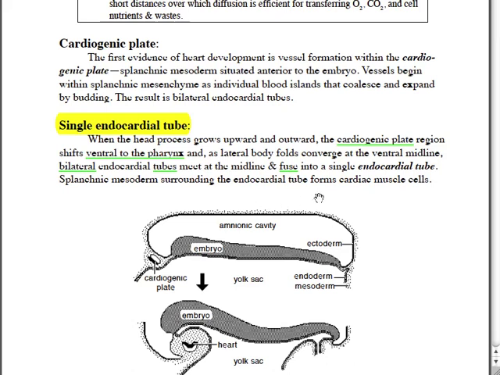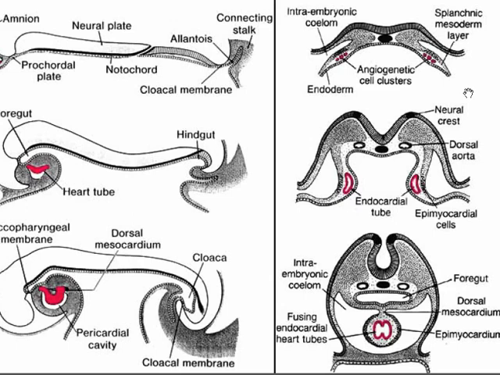The endocardial tube forms the lining of the heart. Splanchnic mesoderm gives rise to the cardiac muscle fibers. These images on the right are transverse sections through an embryo from earlier and later in development, and they show how, as lateral body folds come together, endocardial tubes, which are initially bilateral, fuse to form a single endocardial tube,